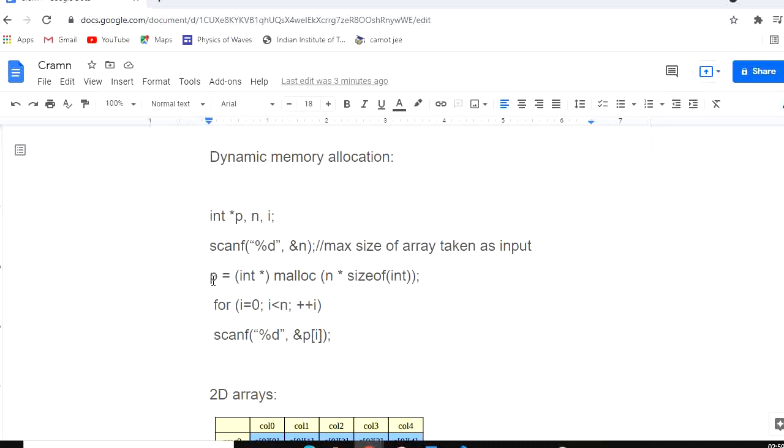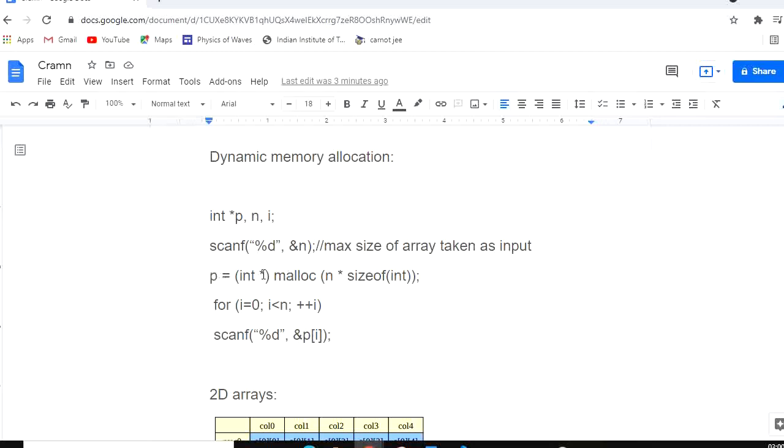We initialize the pointer p to the pointer returned by this malloc function, and the parameter taken in by the malloc function is the number of bytes we need to allocate for the array. There are n cells in the array, and each cell has a size of int. So we allocate n times sizeof(int) bytes for the array, and the malloc function returns a pointer, which is basically a wild pointer, just an address.